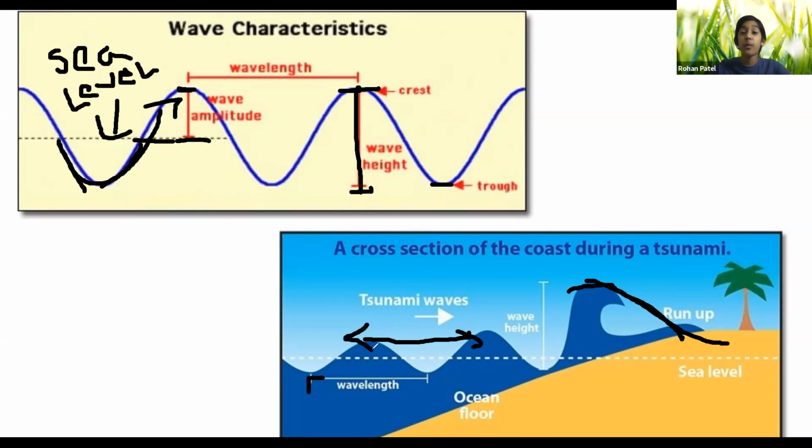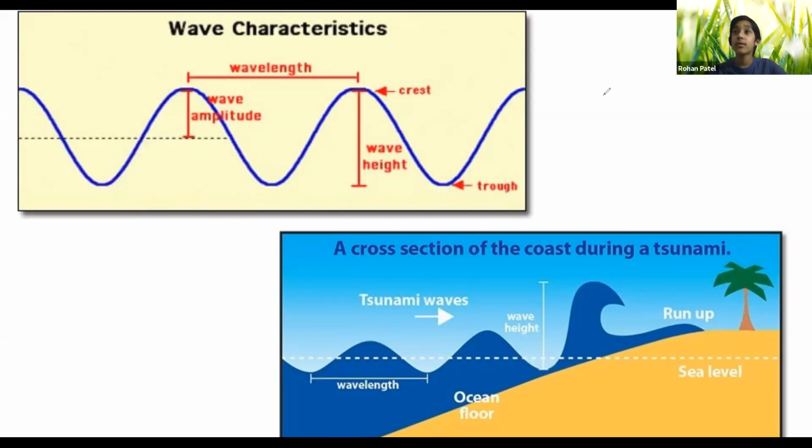And our wave height is from the top to the bottom of the wave. But if it's from the top to sea level, that's wave amplitude. Okay, so now that we should have a clear idea on parts of a wave, let's quickly go over it